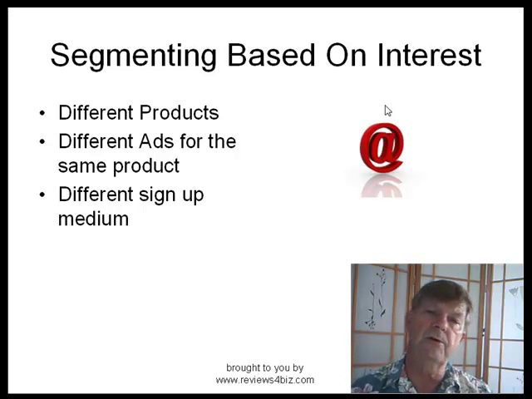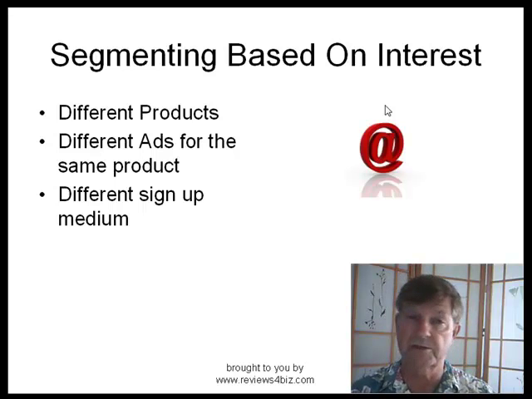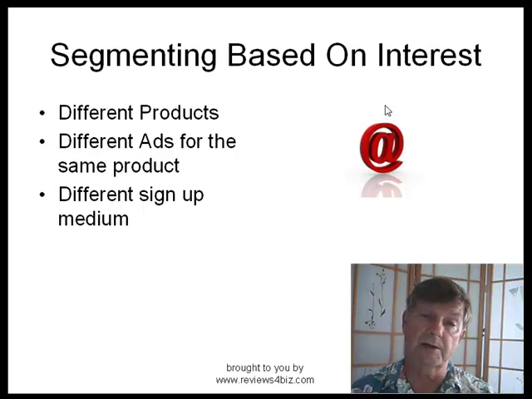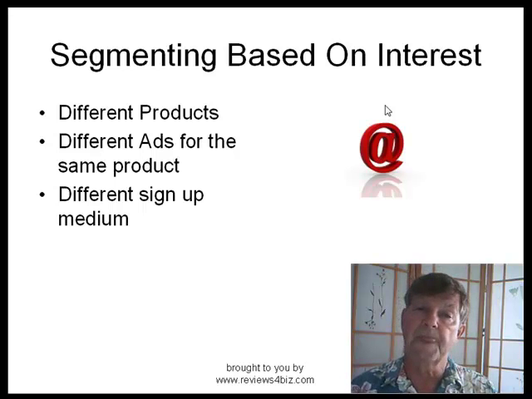Now, this is an important one. You, as a marketer, you may well be using different landing pages, different advertising, and so forth to get people interested in your product. So, for the same product, you may have 2 different landing pages that you're just testing to see what kind of response you get, and maybe they're offering a slightly different approach to the product itself. Maybe one's emphasizing certain features that the other doesn't, and so forth. So this is one way you'd want to segment your list, based on which ad they looked at, because if there's enough of a difference there, they may respond differently to future things.